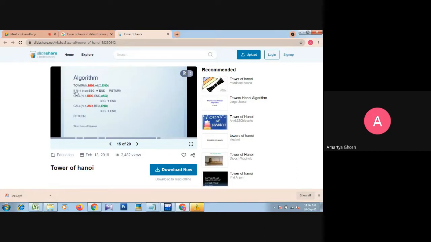And as far as the logic, if n equals 1, then beg to end and return. From beg this will be shifted to end and return. And this is solved by the recursive function, that is, call n minus 1, beg, end, auxiliary. So you can see this is our pseudocode, and we have to implement this in